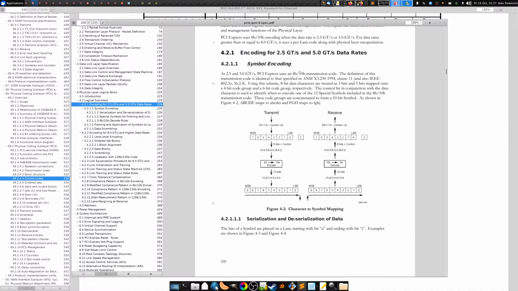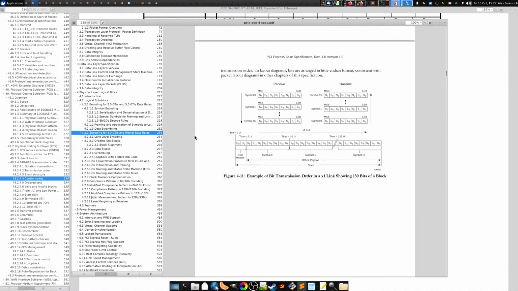Okay, so this talks very briefly about the 8B10B transmission code, right? You get 8 bits coming in, you do the encoding, you get 10 bits going out, and those get transferred over the link. They don't actually say anything about the encoding, because they just say it's the same as this other specification. All right, cool. But for the higher data rates, they use a different encoding scheme. Let me take a look at how this works. It's somewhat similar to